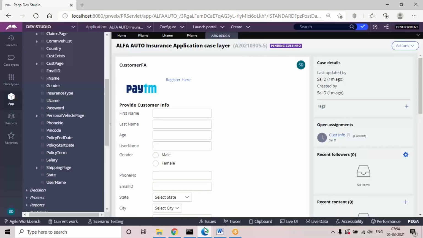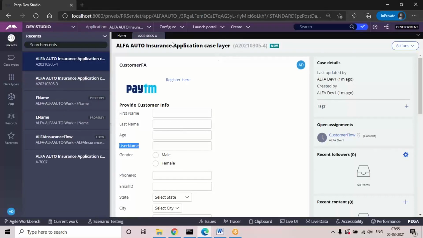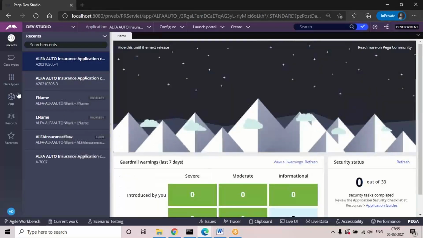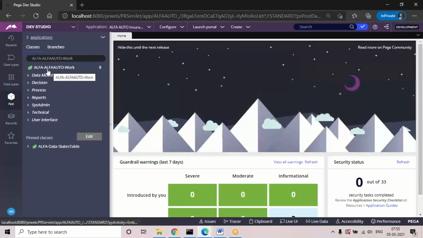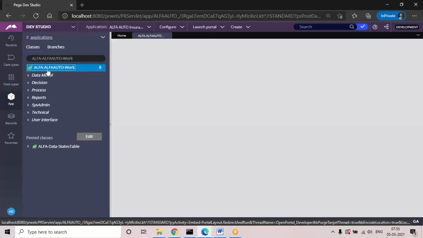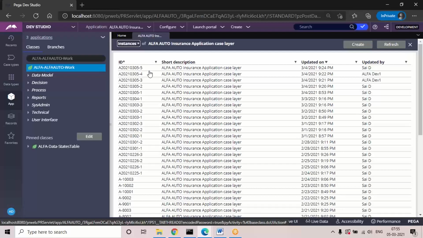And if another developer tries to access the same work ID, suppose I open the other application ID. To open the work ID, you click on the class group name. This is the work ID that the particular developer is accessing.